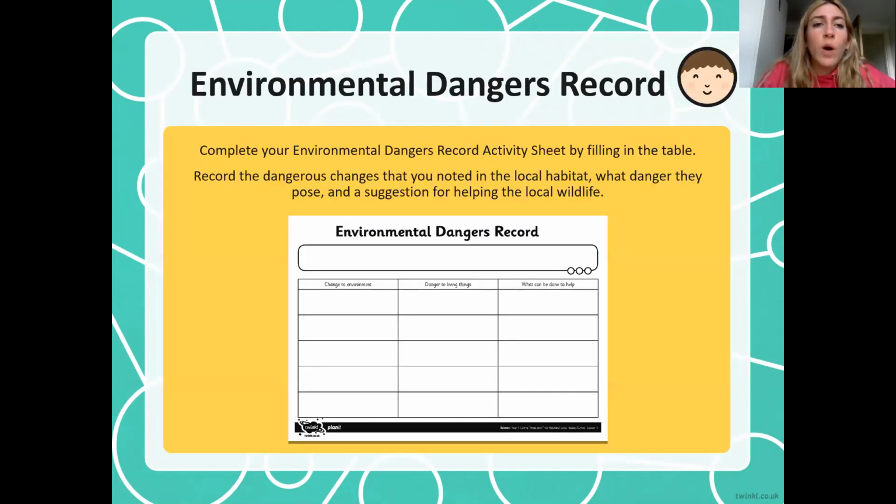Once you've done that, I want you to complete the environmental danger record. In this record, I want you to tell me what the change is to the environment, the danger to the living things, and what can be done to help. So, for example, if I said that the change to the environment is that we're cutting down trees,